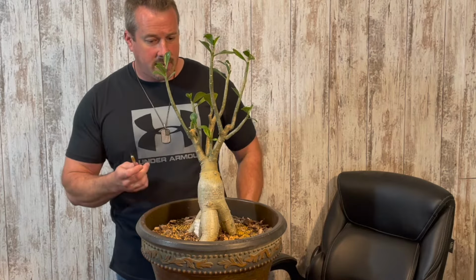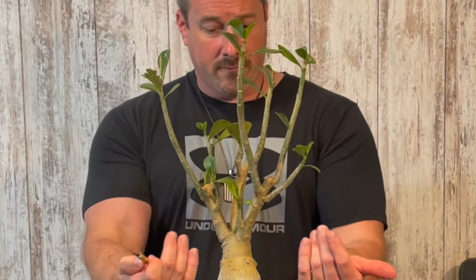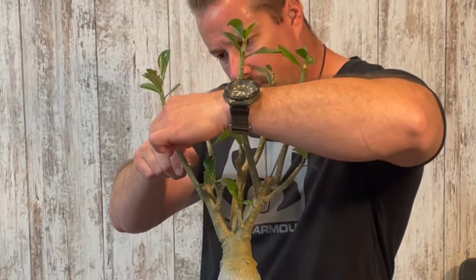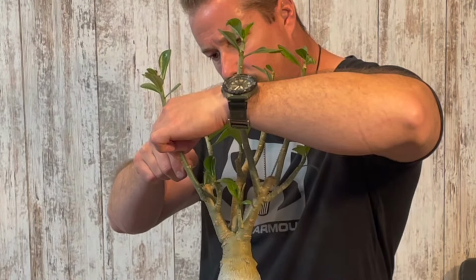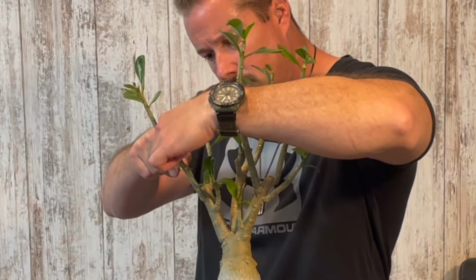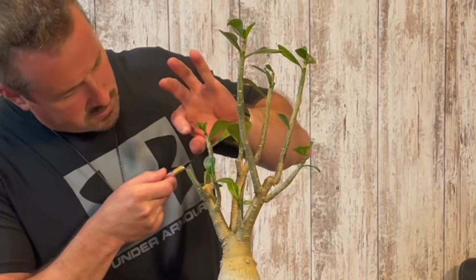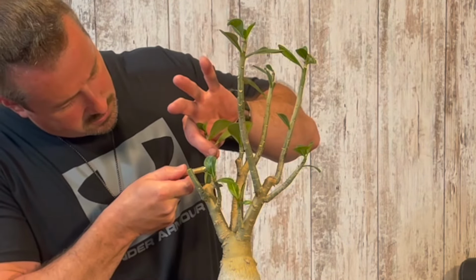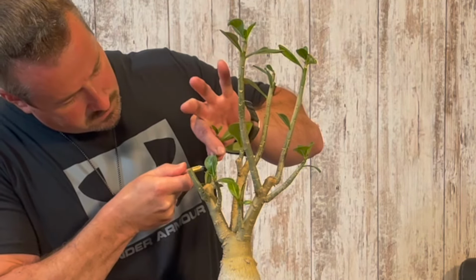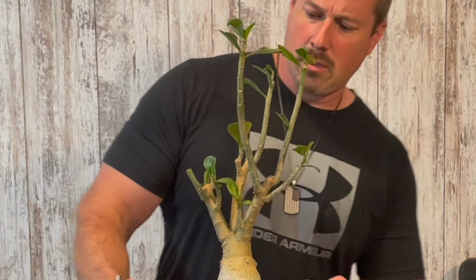Now that I have that sanitized, I'm just going to come in here, and you're looking at the front of the tree, all right? I'm just gonna come in here, being careful not to cut myself, and I'm going to make my cuts. Now it is early May